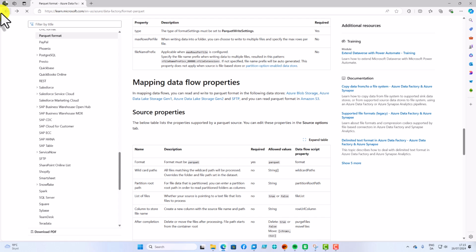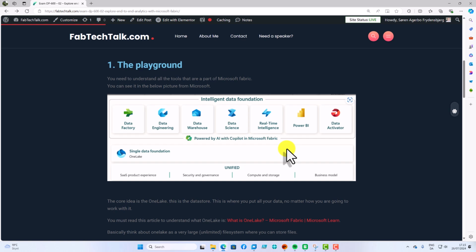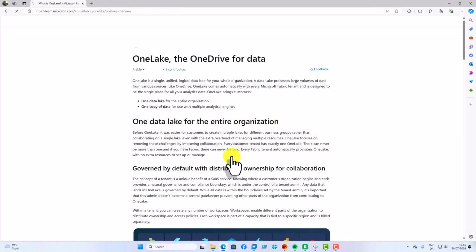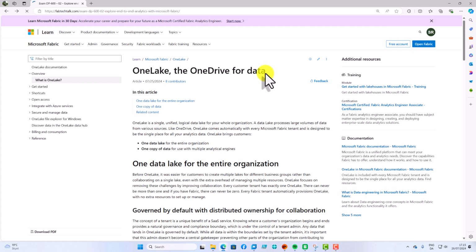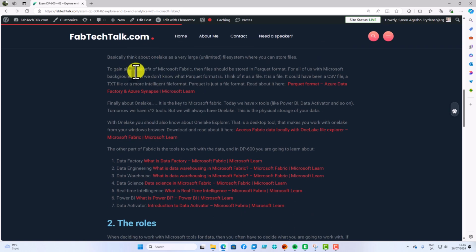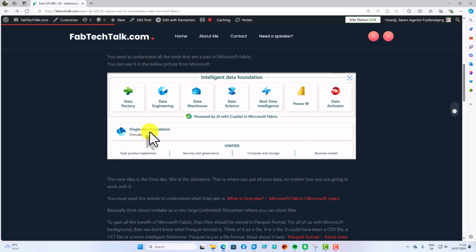There's a lot of things, or you can actually just Google for more, but you need to understand what Parquet format is. Also about OneLake, if you don't know what OneLake is, then you can read it here. The OneDrive for data. Microsoft says it themselves. It is a cloud drive where you can store data. That's it. When you have understood what OneLake is, and you can store whatever you want, but you often store Parquet files or CSV files or TXT files,